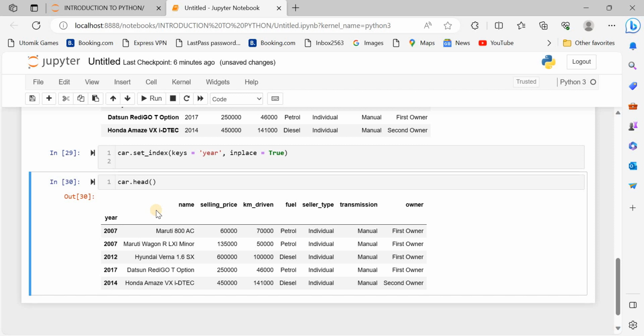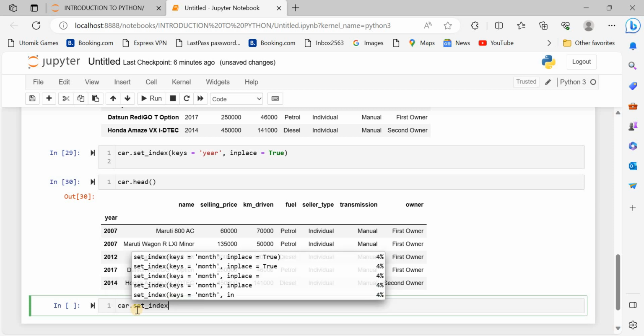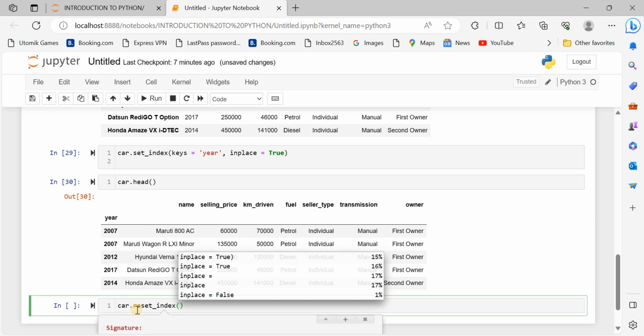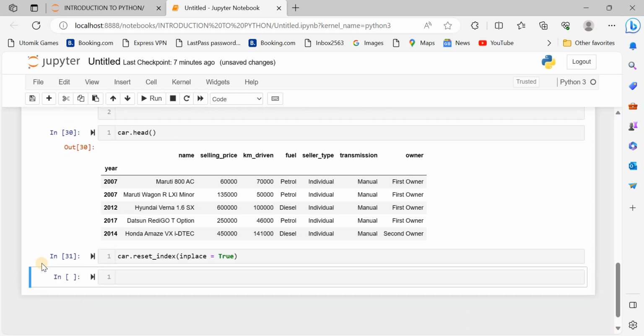Now I want to change to name as the index. In this case, if you want to change from one index to another, always make sure that you reset it. For example, car.reset_index, not set, actually you need to reset, and you need to say inplace is equal to true. First of all you need to reset, otherwise please don't try. There is already an index here. First you replace it, make it in usual format,